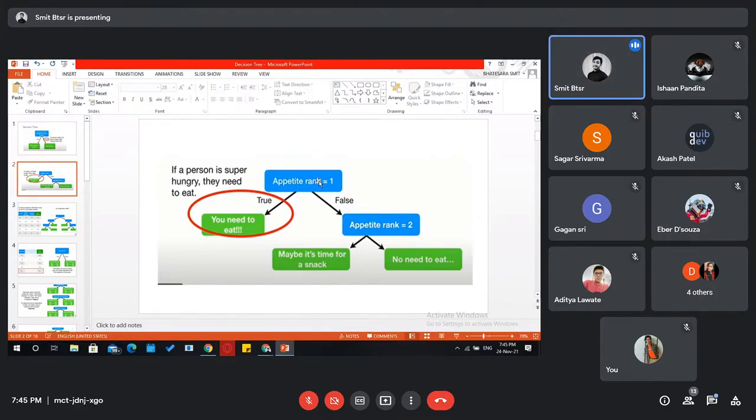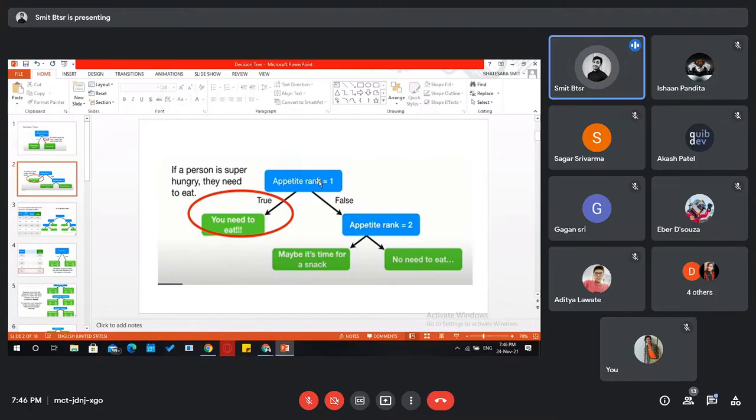Then another question would be: would you like me to drop you at the school? Should I drop you at the school because you are already late? The student may say yes, or he may decline. So the second question arises only when the first question is answered, only when the student is late. First we need to clear that he is already late, and only then do we offer to drop him at the school. We would not ask whether I should drop you to the school without knowing that he is late.